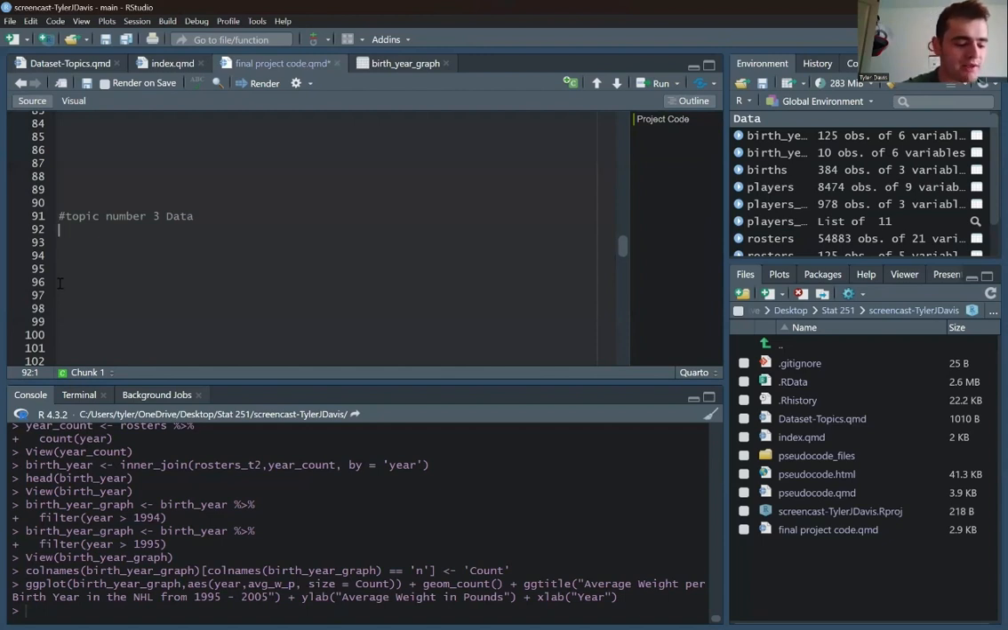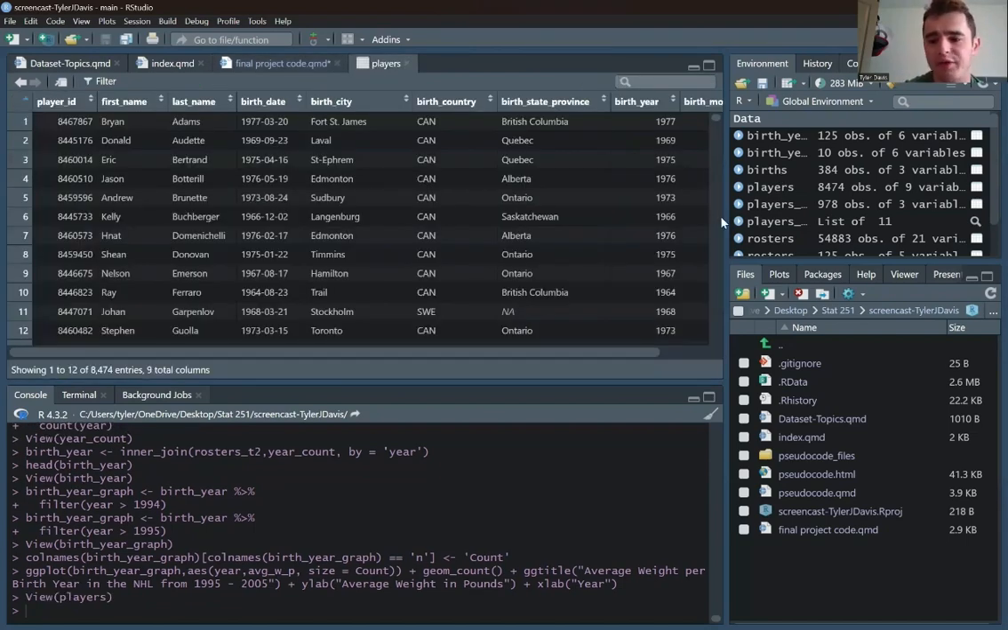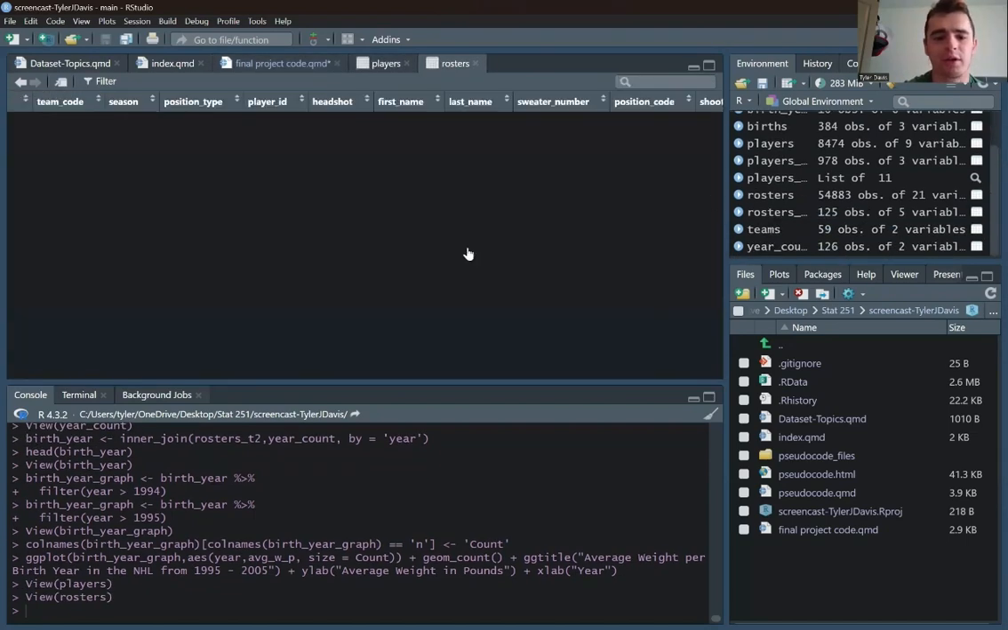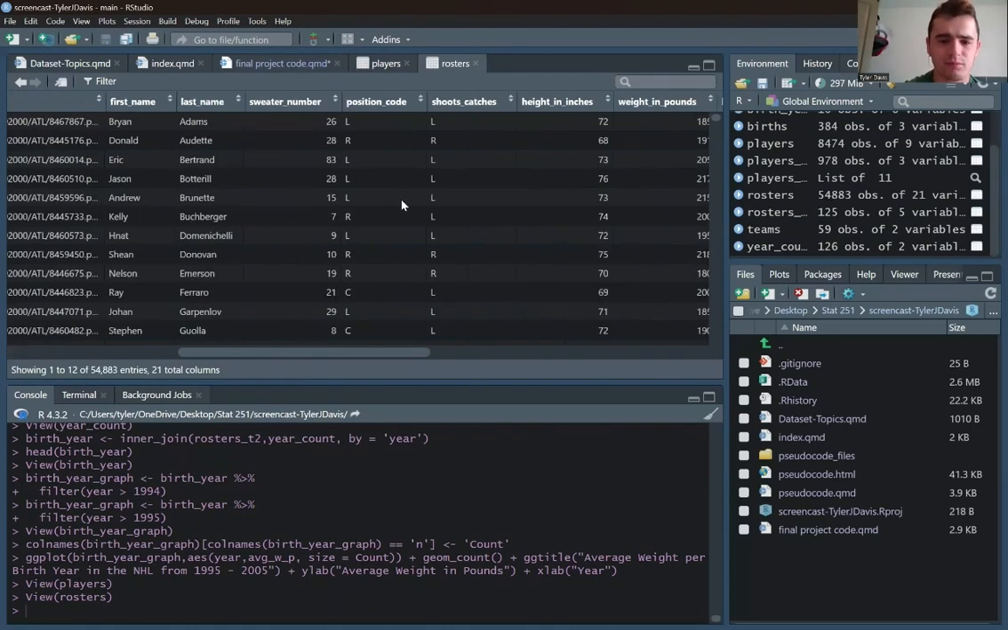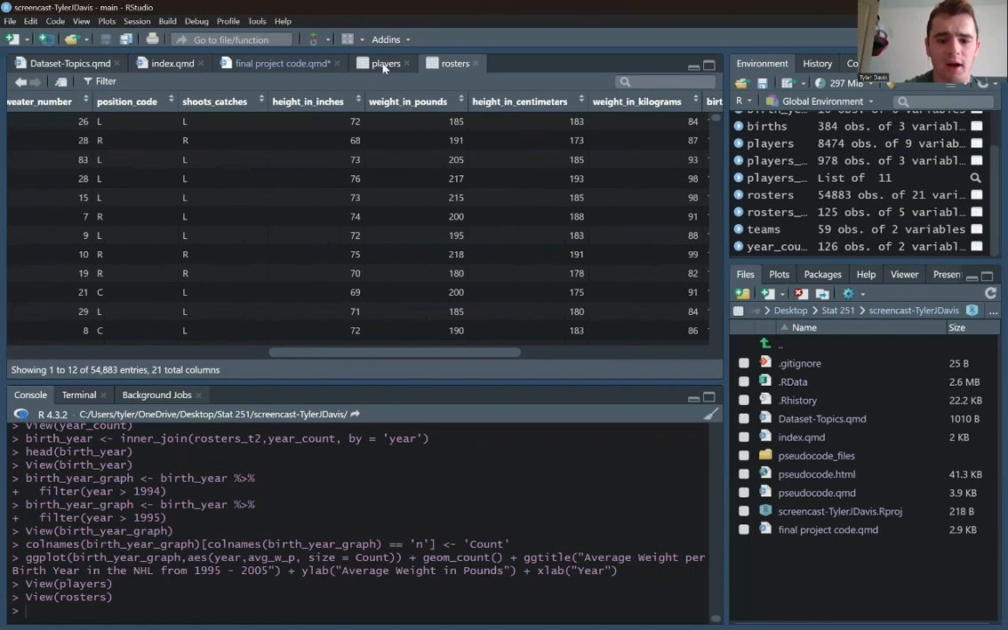So what we really need to figure out is how can I get weight, height, and season all in the same area here. So what I'm going to do here is I'm going to join two tables together. So I'm going to get rid of this. I'm going to show you what I'm about to do here. I'm going to combine this players table with my original rosters. The reason I'm going to do this is because I want to add